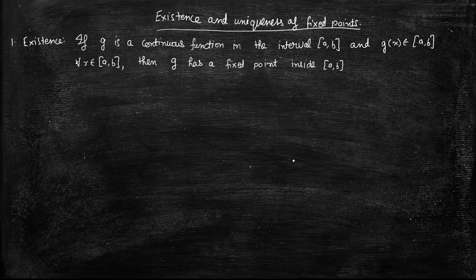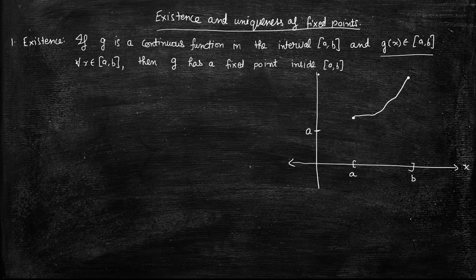So let us say we have some interval a to b. This is our x-axis, and for simplicity I am not plotting the y-axis. A and b. Suppose the function value of g is something like this for the interval a and b. This statement means that the value of this graph, g(x), will belong to [a, b]. It means here will be a and here will be b. Every value of g(x) such that x belongs to [a, b]. So let us say our x is this and our value of g(x) is this. Then this value of g(x) will lie between a and b.